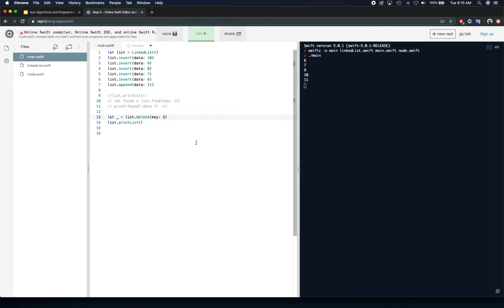Now that's the special condition when we want to delete the first element. So our head is going to change. So in this case, we should have 7, 8, 9, 10, 11. We are still able to iterate over the list. That means our list is intact. Now, if we delete 11, then 6, 7, 8, 9, 10. If we delete 12,